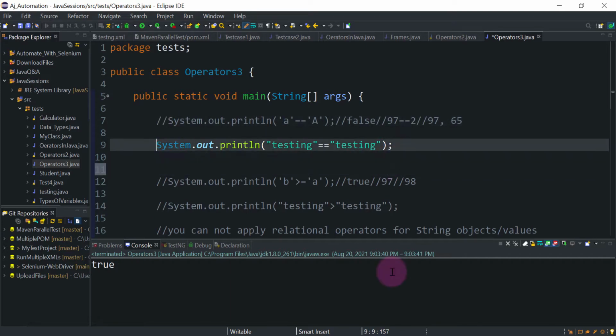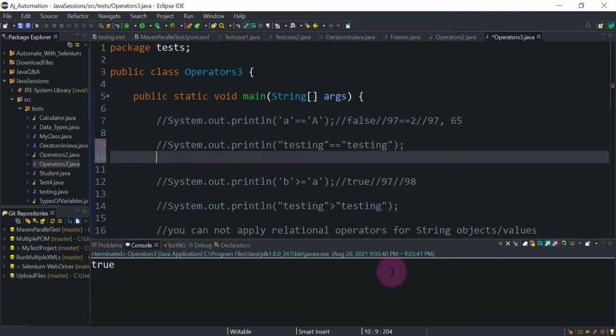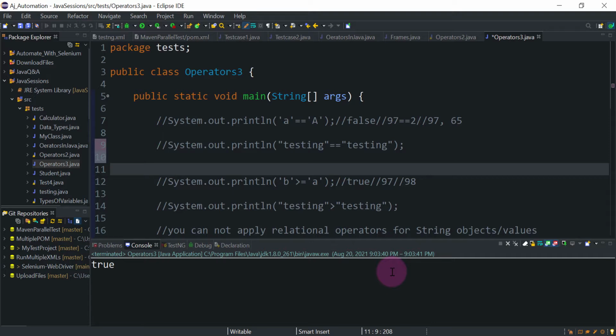So to understand this, let us create two objects for the current class. So we have created two objects. Let's say string s1 equal to test.